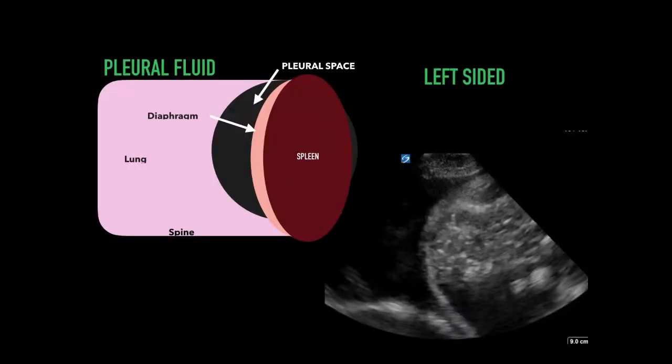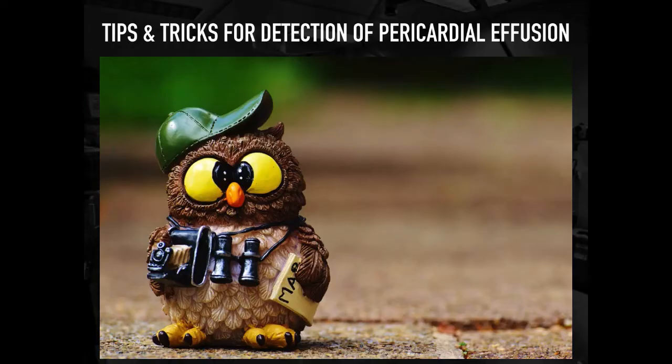If there is any confusion with respect to the presence of a pleural effusion, we can also look in the left mid-axillary line for the presence of an anechoic space above the diaphragm. Tips and tricks. The more you look for effusions, the more you tend to find them. Again, there's a high prevalence of trivial pericardial effusions amongst the normal population, and it's important not to be distracted